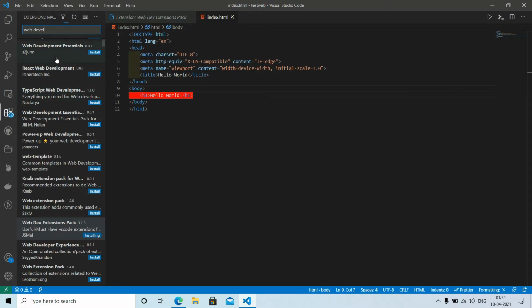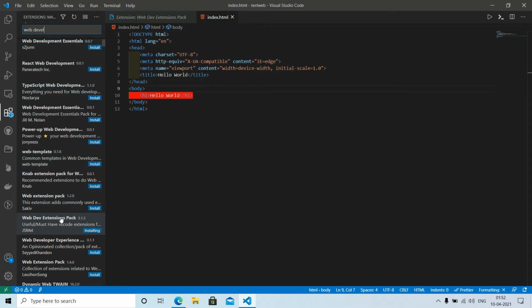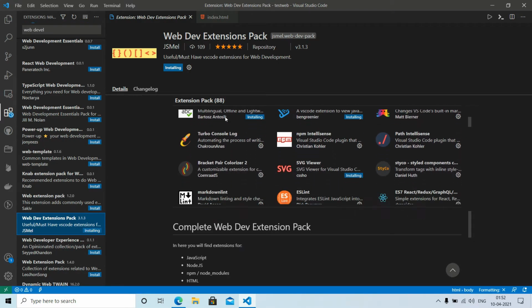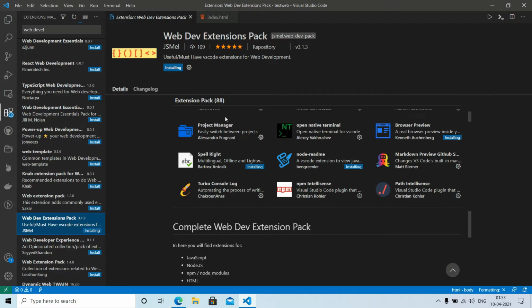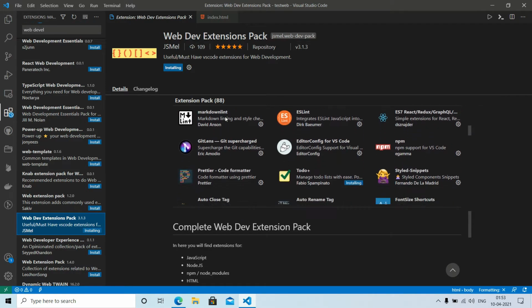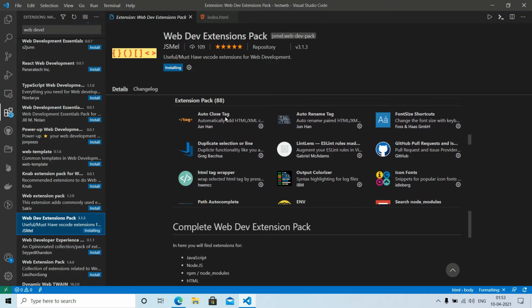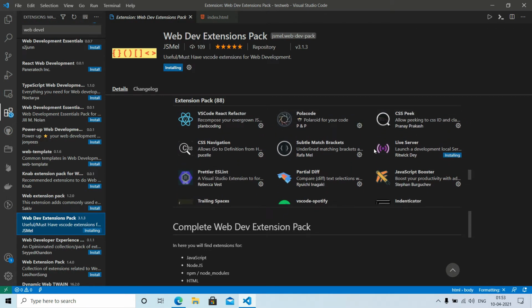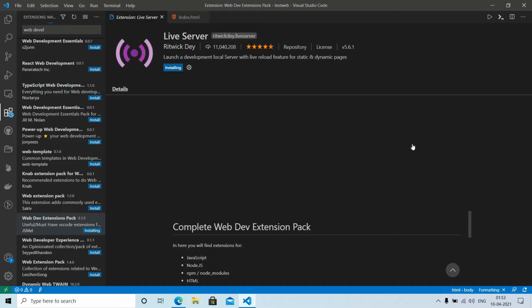Let's see if our Live Server extension is downloaded. Okay, all these extensions are downloaded, but I don't see Live Server. Okay, our Live Server is still under installation. It's not yet installed.